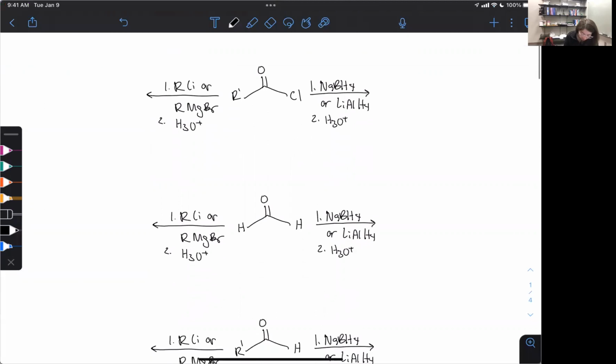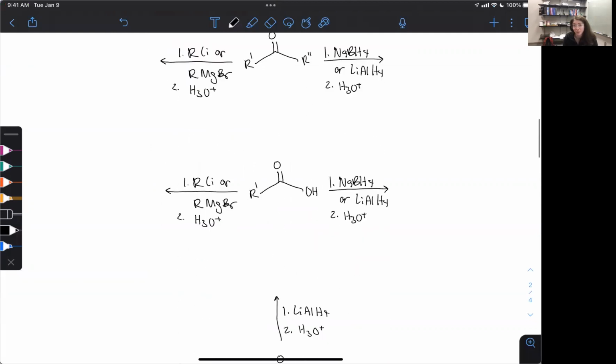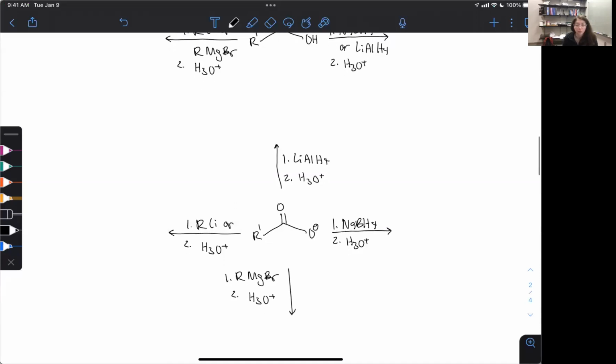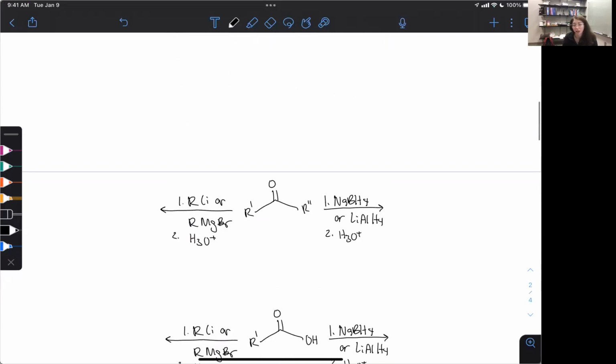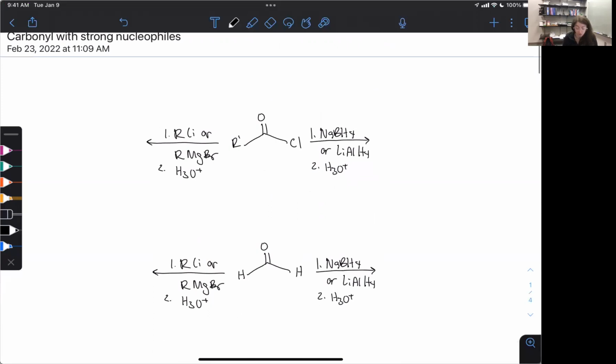So I have all of the different electrophiles that we might run across. I guess I didn't put epoxides on here, but all the carbonyl electrophiles that we might run across here. And I'll try to put the epoxides at the end when we get there, so that we can see what happens with the different carbonyls and the different reagents that we might run across. There are a few special ones on here that we're going to talk a little bit about. But first, I want to talk about the reactivity of the actual nucleophiles themselves. So for nucleophile reactivity,